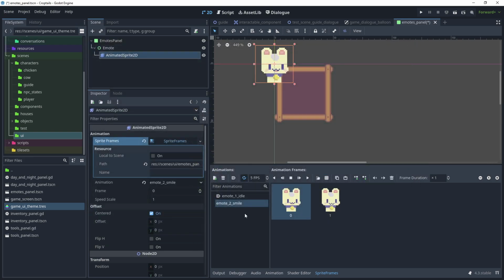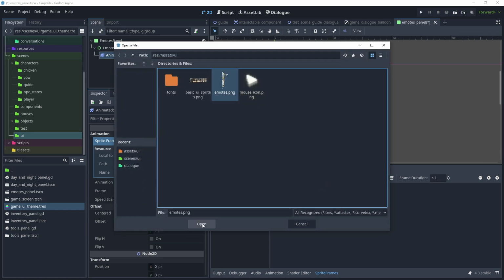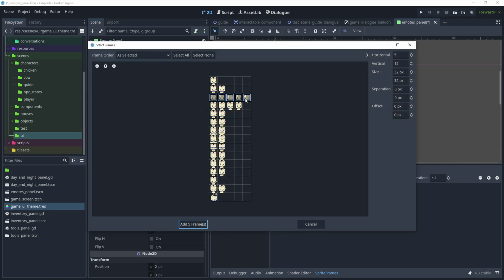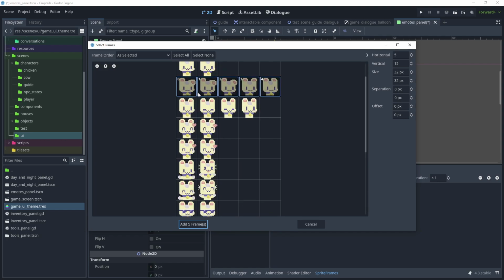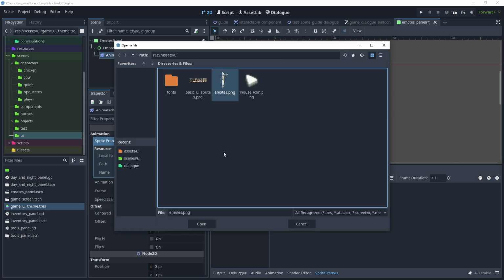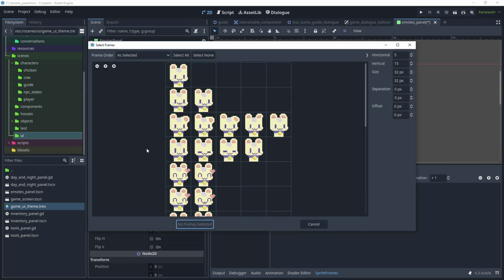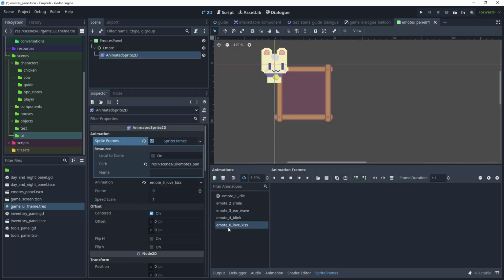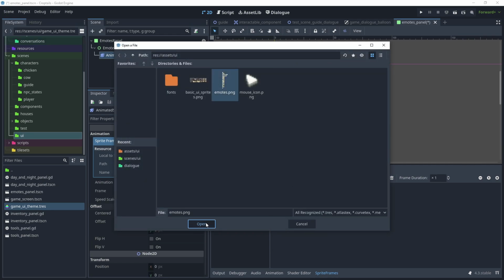Add 2 frames, add another animation, call this Emote3 Ear Wave, add frames, choose Emotes and Open, and choose these 5 frames, add a new animation, and call this Emote4 Blink, add frames, choose Emotes and Open, and this is the 4th one down, add frames, and call this Emote6 Love Kiss, add frames, Emotes, Open, and